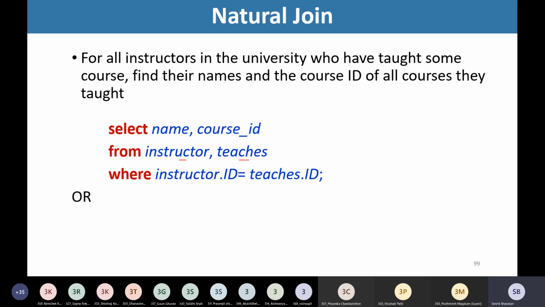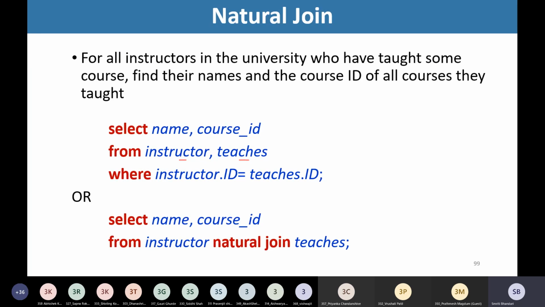Now, to extract the same information, we may use the natural join operation. How are we going to write this query?